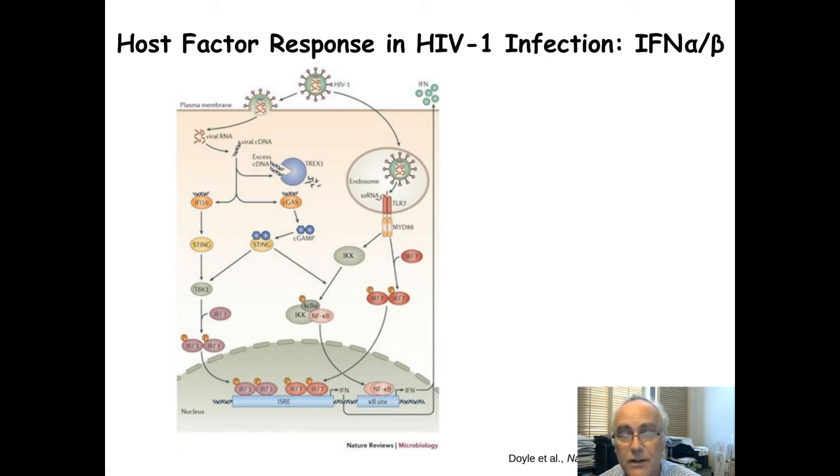schematic drawing, where the viral RNA, once the virus fuses with the target cell, is recognized by molecules of the innate immune system that then signal downstream. The other way is that the virus is taken up into an endosome, and then it's recognized by something called toll-like receptor 7, which will also, through a slightly different pathway, feed into the same innate immune system. And in both cases, even though these pathways are separate, what we end up having